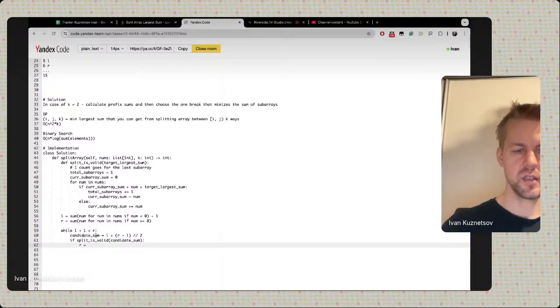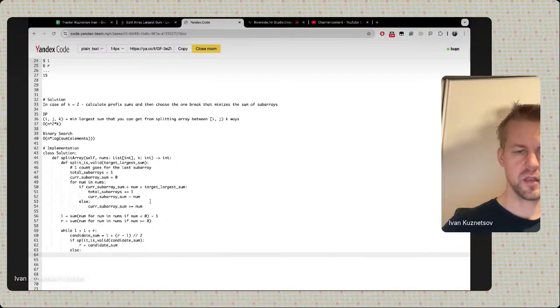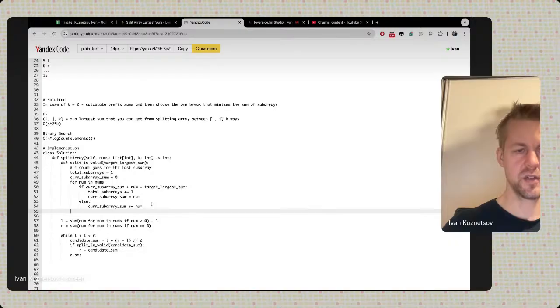So right is candidate sum. Else, it's invalid. I have never returned anything from here, right? Yep. So what do we need to return? Total subarrays is bigger, smaller, or equal to